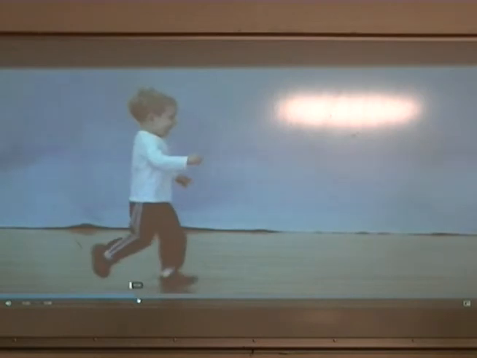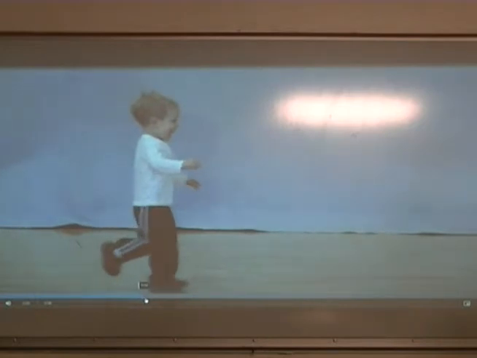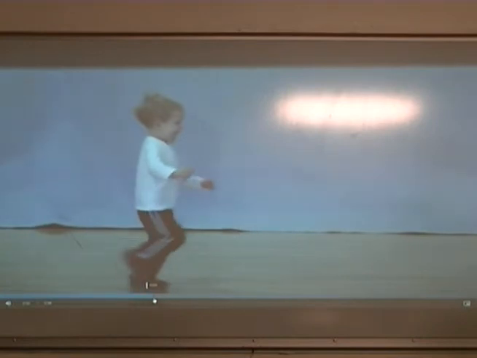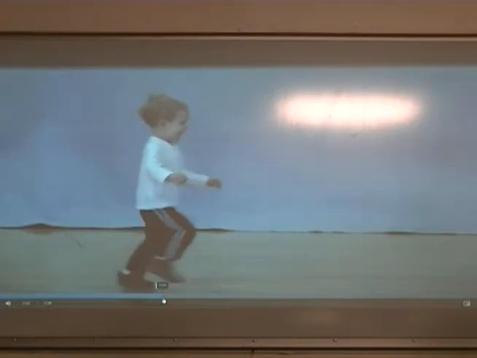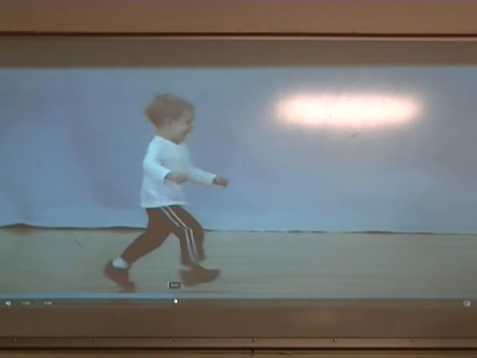So this is what I'm seeing with this little boy. When he pushes off his left foot, right, here's a left-footed step, and his right foot hits the ground before he's finished pushing off his left foot. So there is no flight phase there, right? But